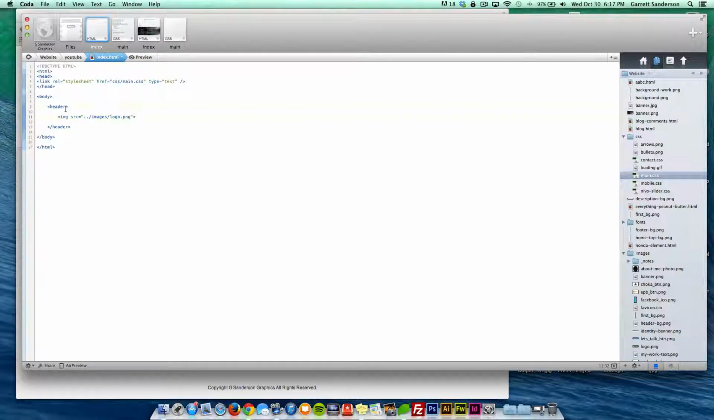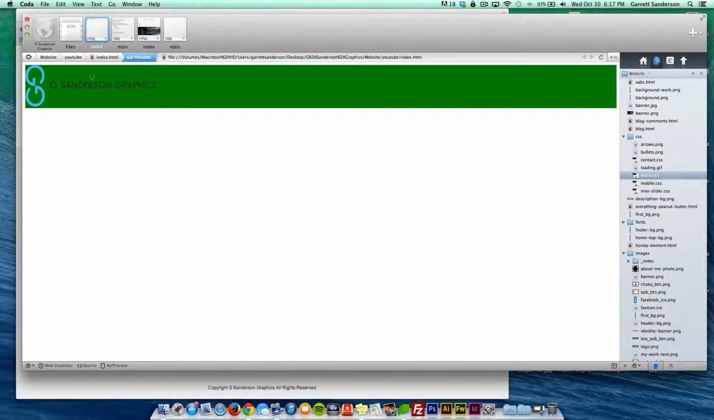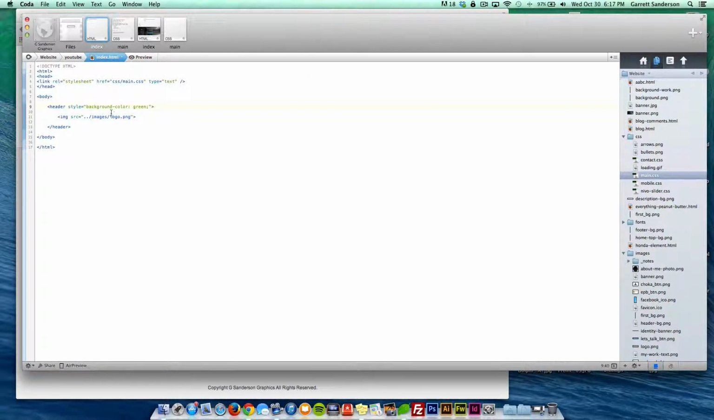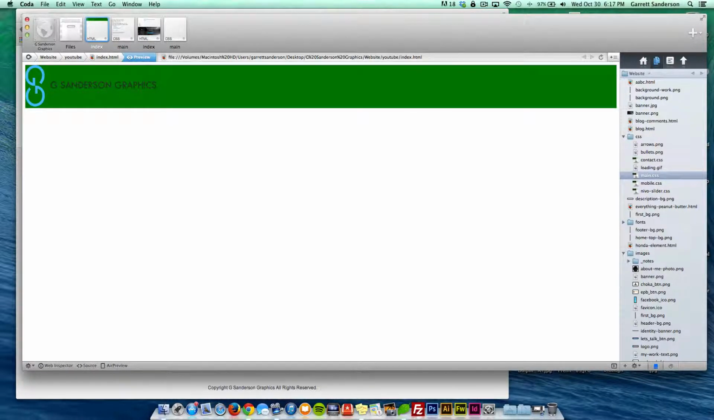So what I'm going to do is make the header green so I can see what it's doing. Background color green. Whoops. Green, there we go. So background color is green. Voila. And now the header is going to go the entire width